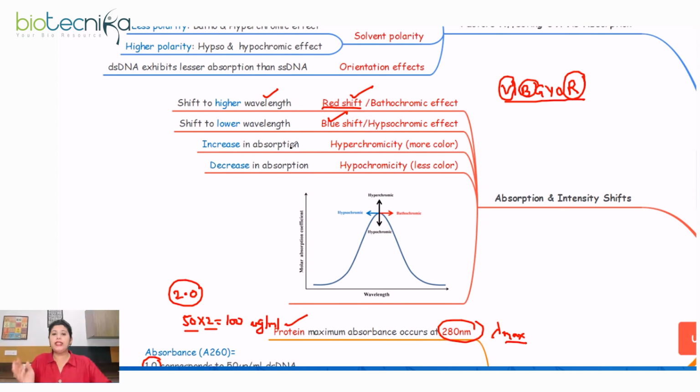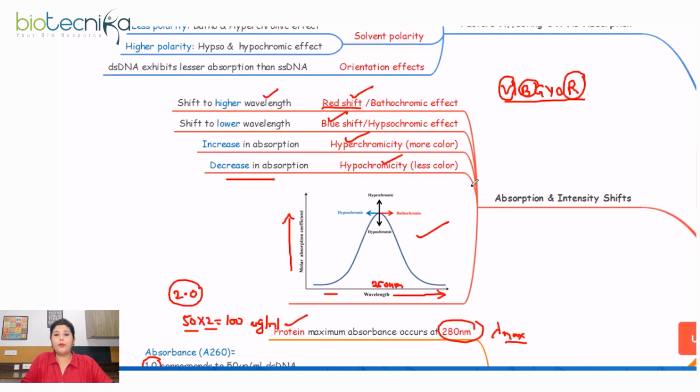So initially, whatever the wavelength is, when because of changes in the environment condition it is shifted to the lower wavelength, right? Then hyperchromicity means more color, so increase in absorption. Hypochromicity means less color, that is decrease in absorption. Here you can see the diagram, the figure that you can remember. This is the wavelength, you can see it is increasing from left to right, and this is the molar absorption coefficient. So bathochromic shift means, initially, let's say your sample is absorbing at 260 nm,